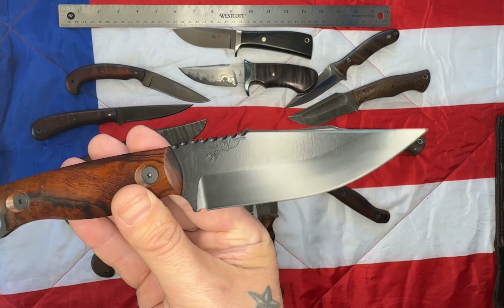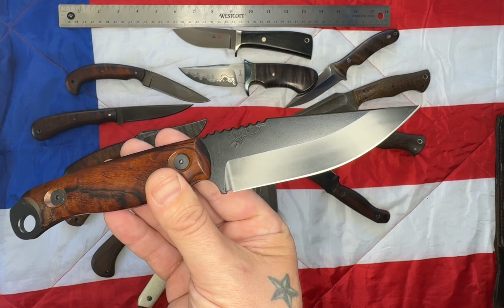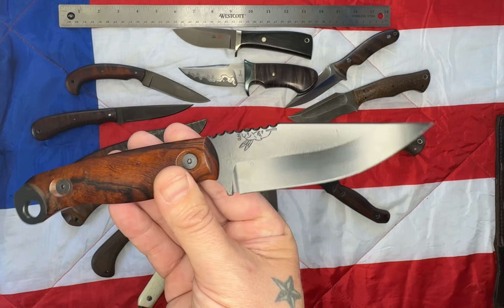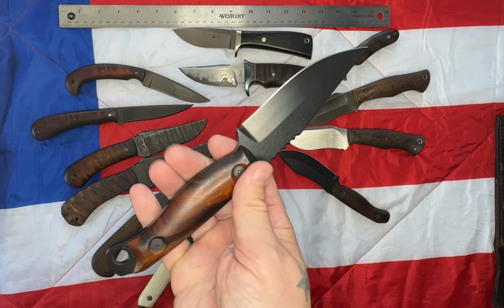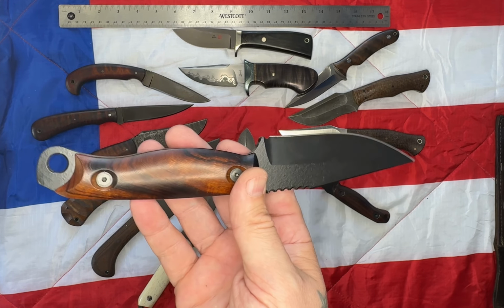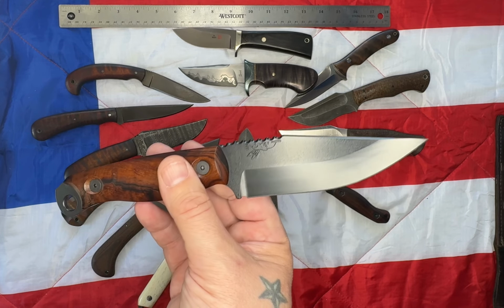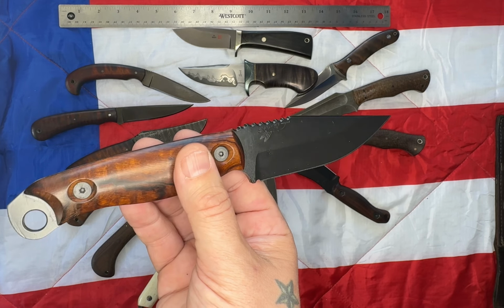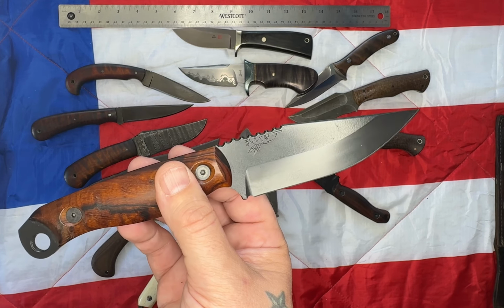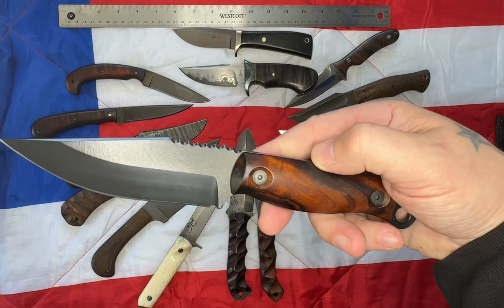Half-faced blades. They do drops every week, and you try to grab just any knife. The best way to get one probably is being a part of the Facebook group. They're very nice, and you go on there and say, hey, I'm looking for a knife, one of these, and the guys there will just hook you up. They're honest, they're great. It's an awesome Facebook group, and it's a lot easier than trying to catch a drop,